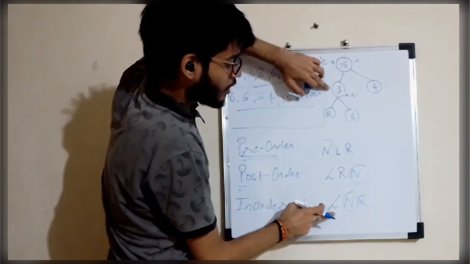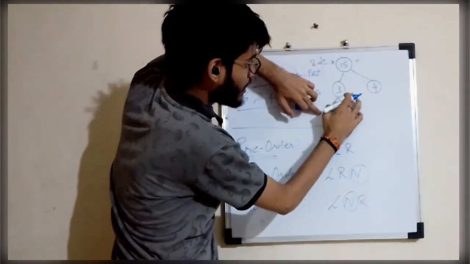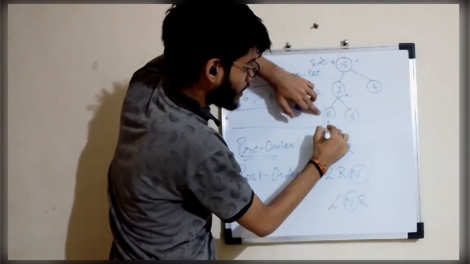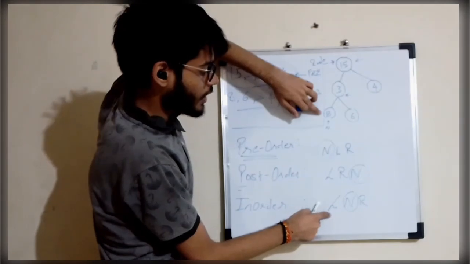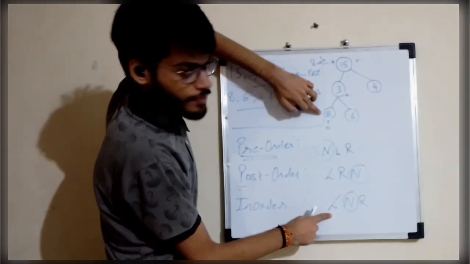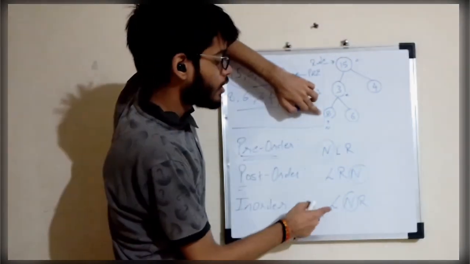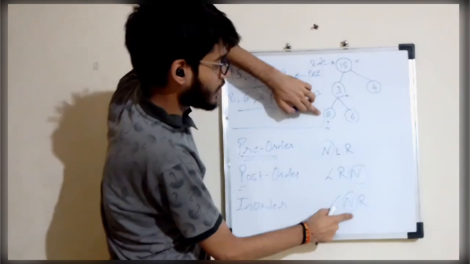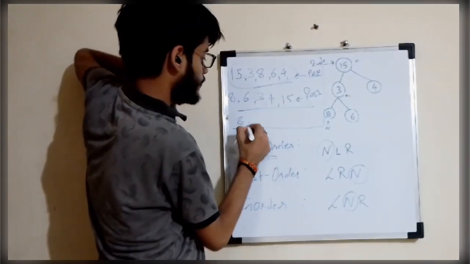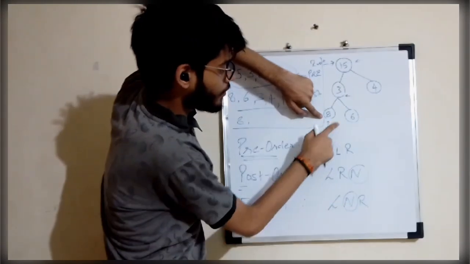Apply this for 3. Again visit the left side of 3, which is 8. Now 8 becomes our node. Apply this for this particular node. Come to the left of 8, which is null. We won't be doing anything if the node is null. So visiting the left side is null, so we'll come to the node, means print node, which will be 8. And after printing that, it's saying visit the right side of this, which is also null.